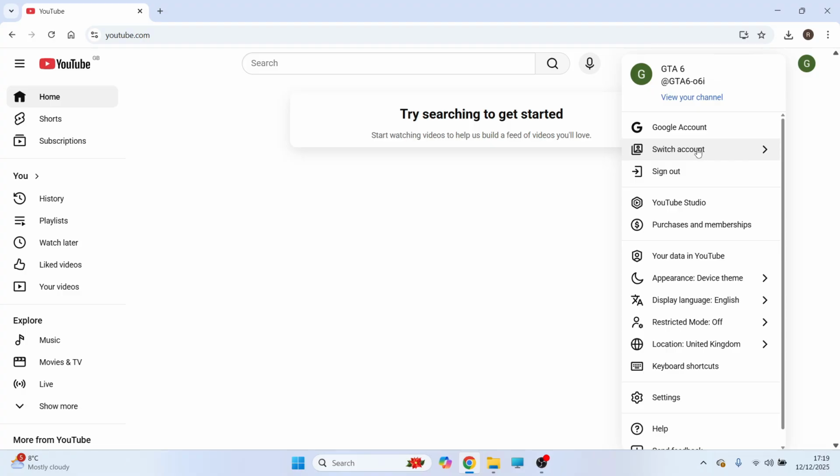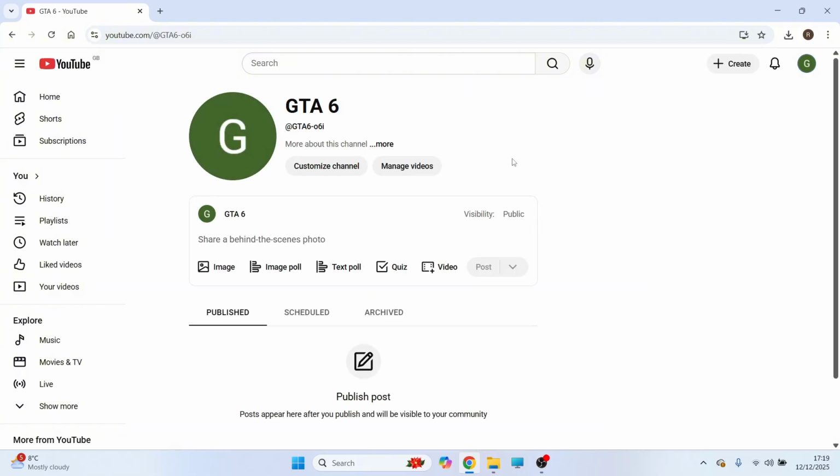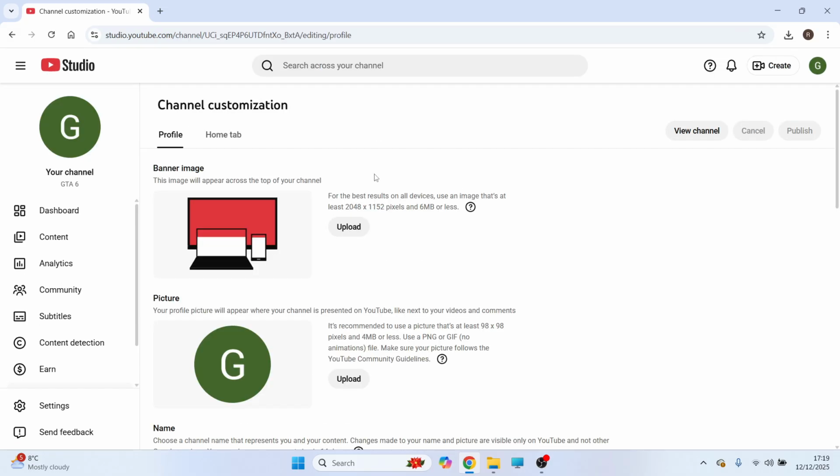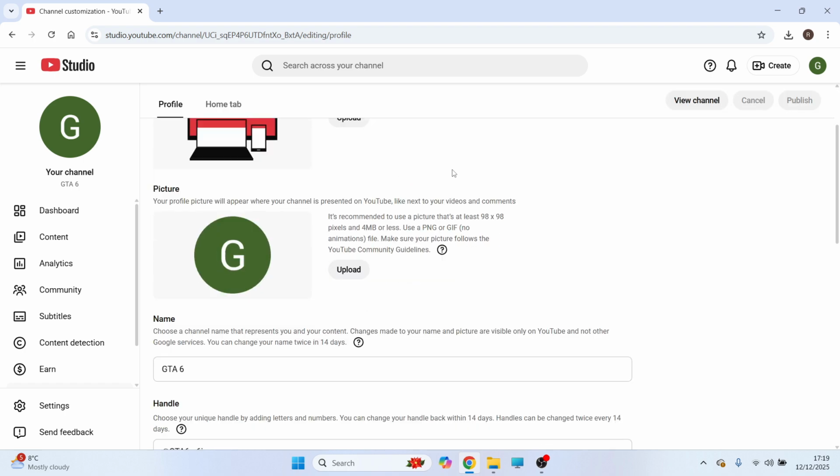So you can go and click on this switch account button, but I'm already signed in to the correct account, so I'm going to click on view your channel. Now once you're on your YouTube homepage, go and hover over the profile picture and then you can just click on it like so. Now that's going to take you over to your YouTube studio and you can come down